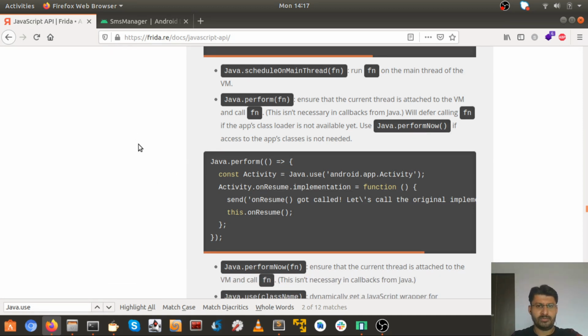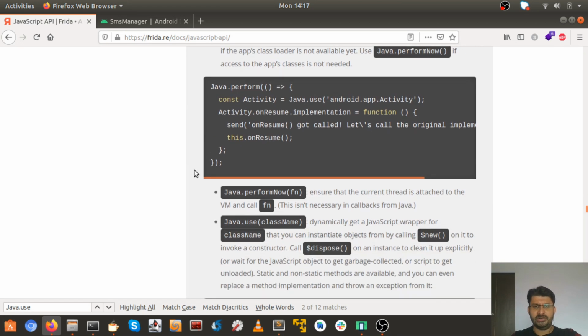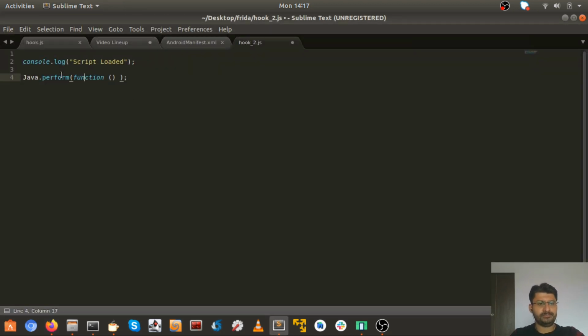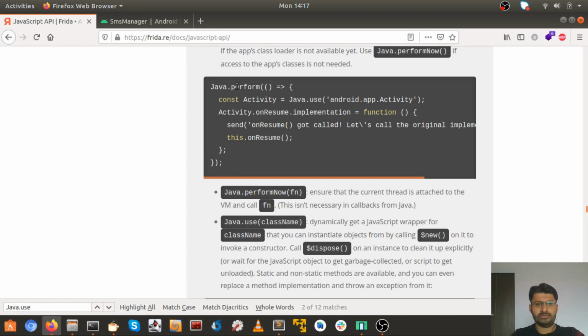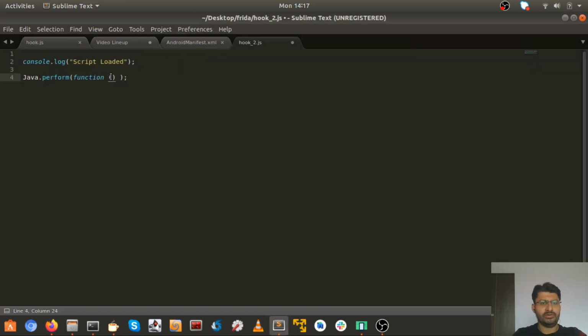And inside java.perform, we will be using java.use as the main functionality for loading the classes. What java.use says, according to the documentation, is that it dynamically gets a JavaScript wrapper for the class name. So here it's better to take care while writing this wrapper, because in JavaScript you will have a hard time if there is a spelling mistake or a semicolon missing.